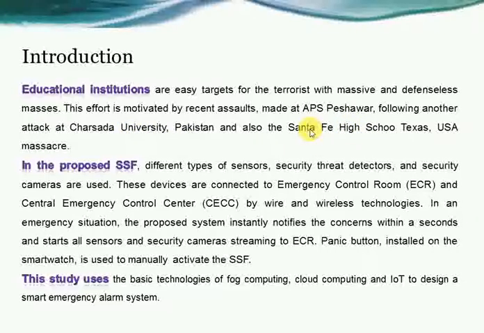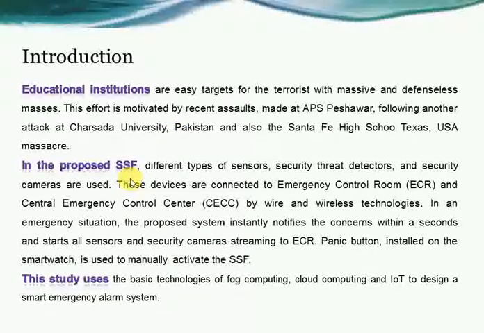And usually we hear in the newspapers and news that firing and related activity happen in the USA. At Santa Fe High School, Texas, there was a firing in the school, and there were also some casualties. One Pakistani student was also killed there. So these are the main motivations behind this framework, this research work,